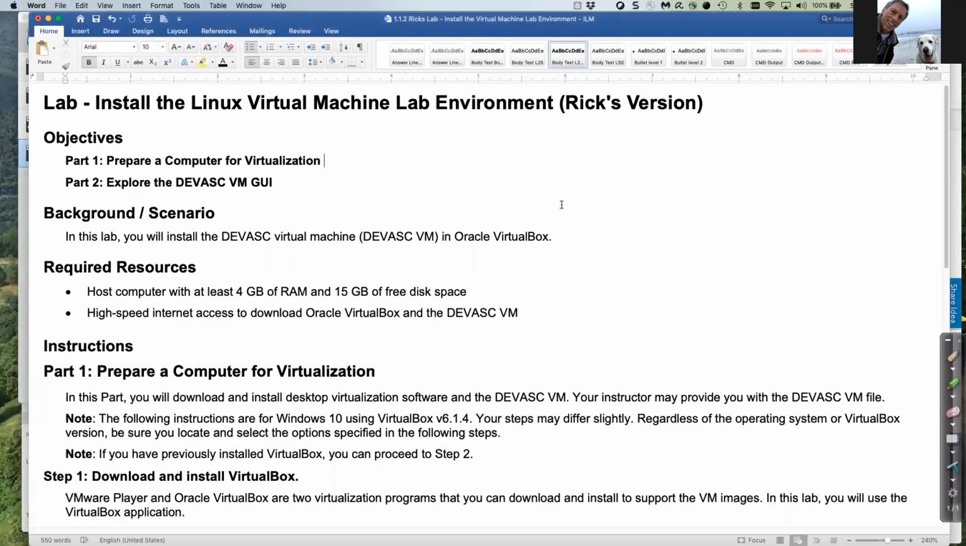Hi, in this lab, we're going to talk about how to install the Linux virtual machine lab environment. This is part of the Cisco DEVASC course. This is actually lab 112, but you'll see it says Rick's lab, Rick's version. That's because I took out a couple of things and added a couple of things, but you'll have access to